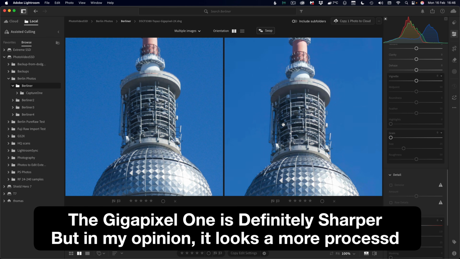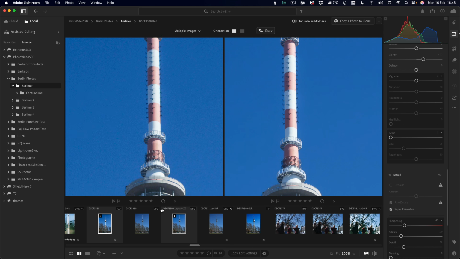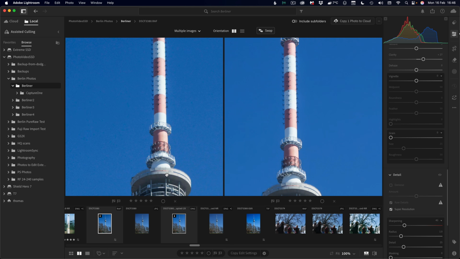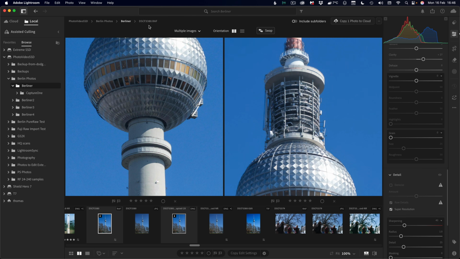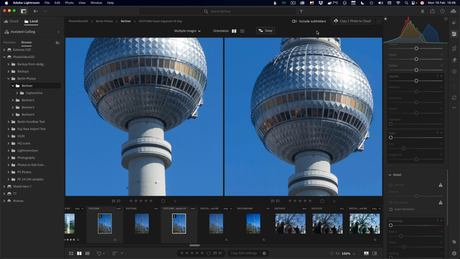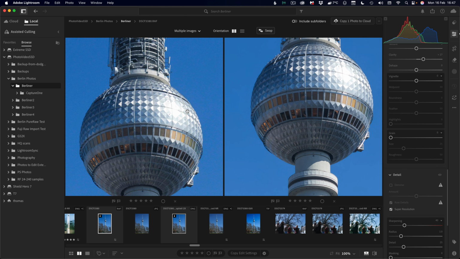and so the Gigapixel one is definitely noticeably sharper. However, in my opinion, it does look a little bit over-processed, whereas the super resolution one is probably a bit more organic and natural looking. However, yeah, you can definitely see that the Gigapixel one is sharper. It's one of those things that I'm sure if you went through lots of different images, you'd find that it's definitely better on some and then maybe not quite better on others, but it is definitely an interesting alternative. So yeah,